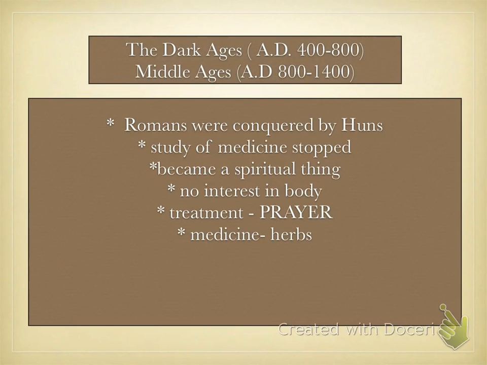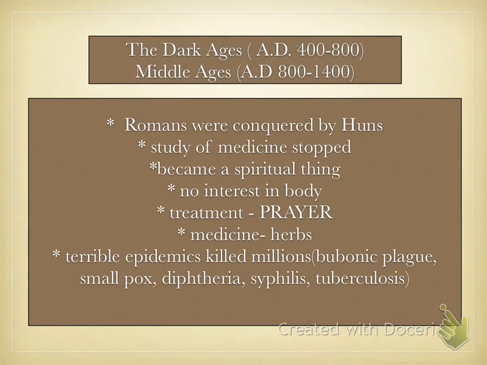All right. So during this period of time, the bubonic plague, which we've talked about a couple of times, people were dying by the mass, millions, not thousands, guys, tens of millions of people from the plague, from smallpox, and in a few minutes you'll actually see a picture of somebody who has smallpox, from diphtheria, which was a disease that they got from drinking nasty water, and we talked about that when we talked about sanitation,